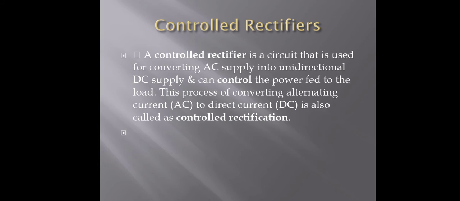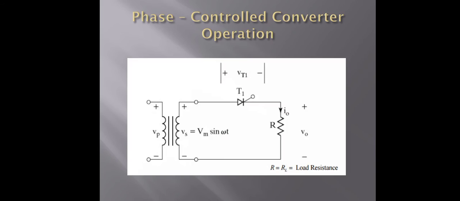The controlled rectifiers have four types: phase controlled, on-off control, with R load, with RL load and inductive loads. However, to simplify the analysis, the load inductance can be assumed high so that the load current is continuous and has negligible ripple factor. Now, first is the phase control converter.